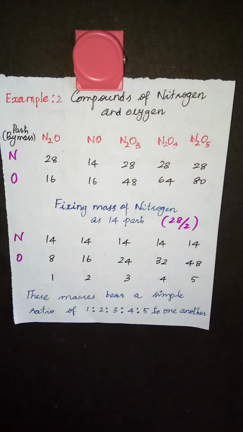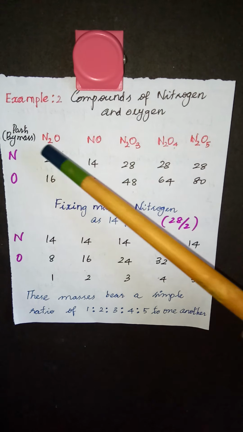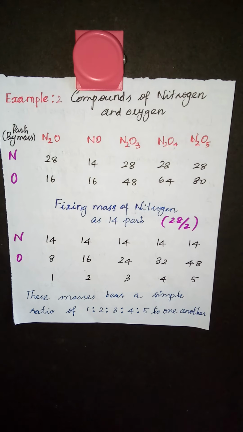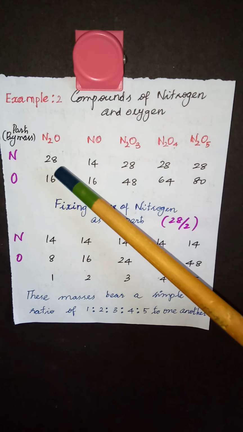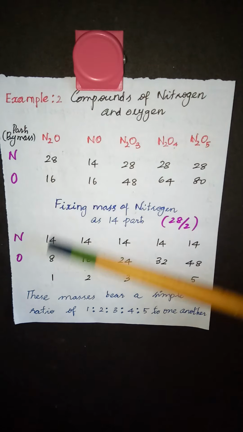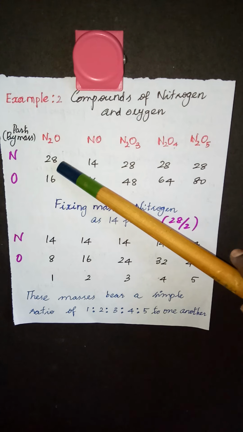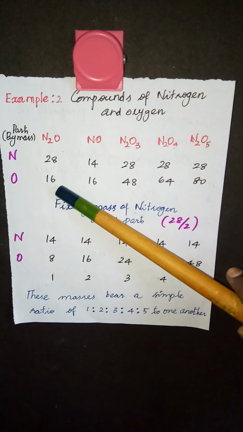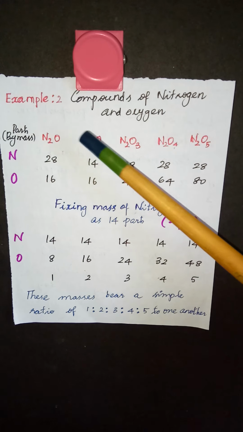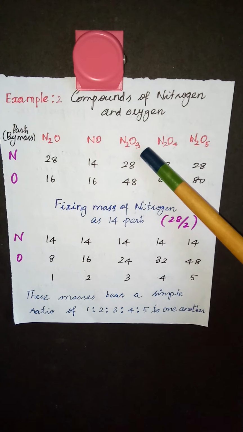See, for one nitrogen, the atomic mass, which means the mass of one nitrogen atom, is 14 gram. And the mass of one oxygen atom is 16 gram. So here it is N2O. N2O means 2 into 14 plus 16. You're getting the molecular mass of this to be 44 grams. So let's not calculate the whole mass because we're going to talk about the ratio in which they are combining. So the mass of nitrogen in this compound is 28 gram because 2 into 14, and you have one oxygen. So the mass of oxygen is 16 gram. Now coming to this compound, one nitrogen, one oxygen. So 14 gram, 16 gram of oxygen, 2 nitrogens and 3 oxygens.